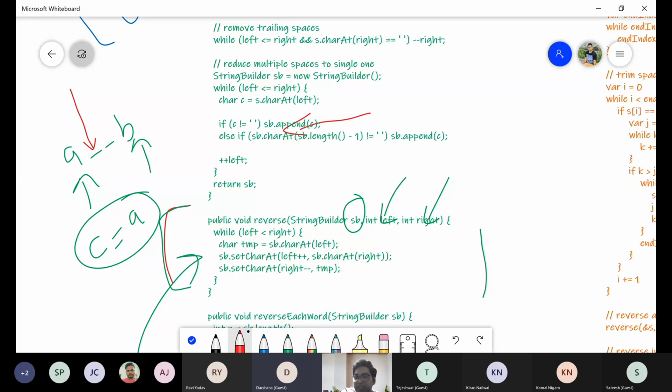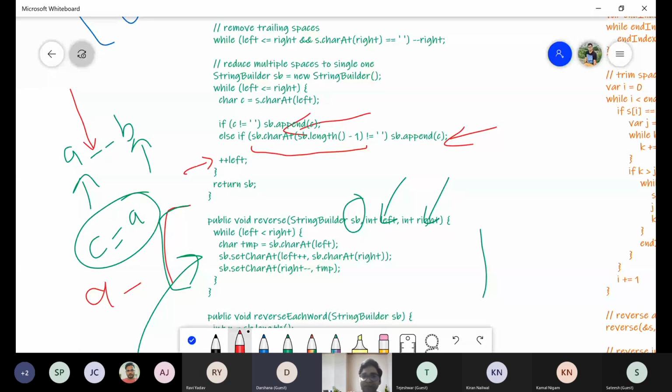What is our string builder length? Till now we just appended one letter only, right? So here what we are checking, we are checking the last character, SB length minus 1. Basically the length minus one is 1 minus 1, which is 0. So in the string builder, character at 0 will be A. So it's not equal to space, right? Then we append the space here. Now the output becomes A and space in the string builder.